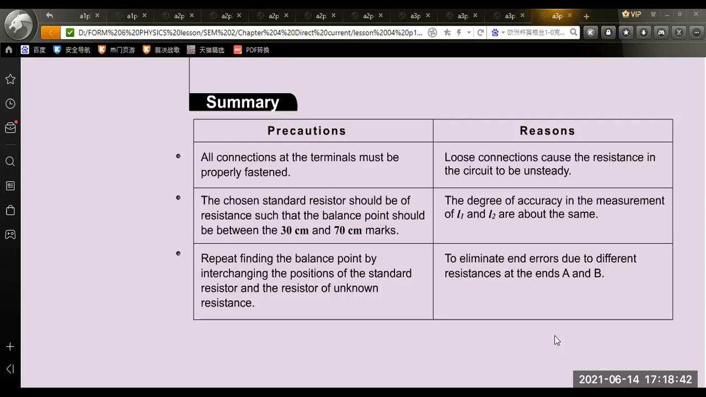Reason, the degree of accuracy in the measurement of L1 and L2, the length 1 and the length 2, are about the same. 3, repeat finding the balance point by interchanging the position of the standard resistor and the resistor of unknown resistance. Reason, to eliminate an error due to the difference in resistance at the ends A and B. Next,